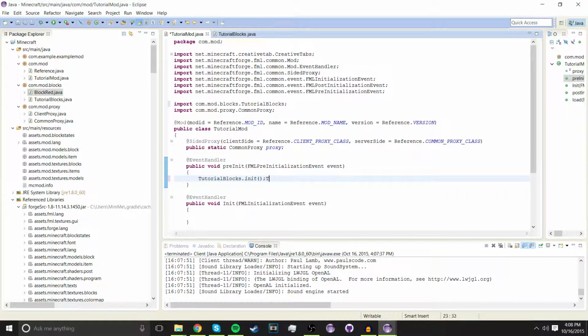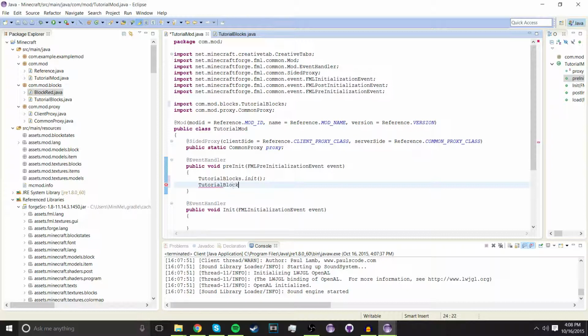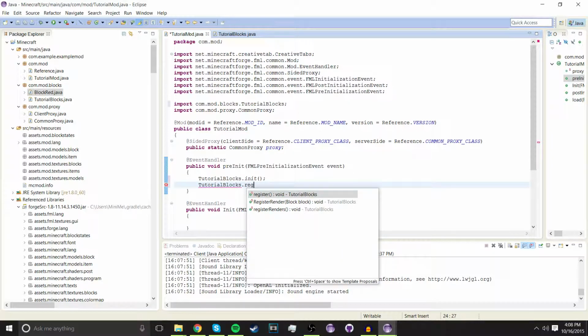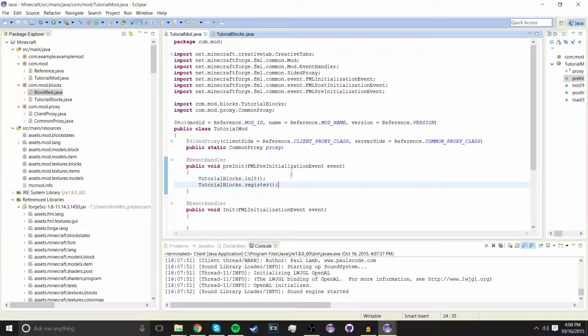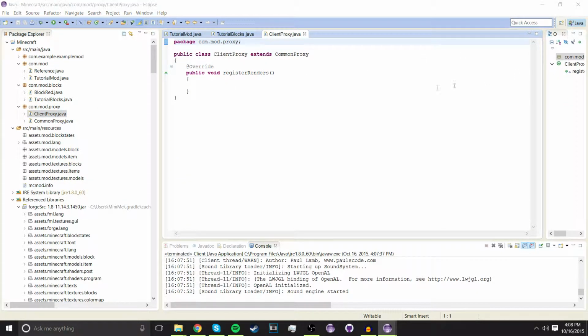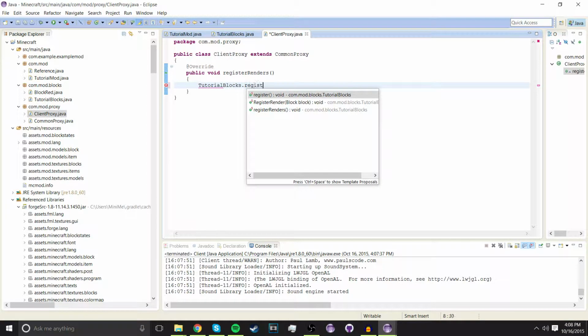and tutorial blocks dot register, and save that. And then we're going to go into client proxy, and we're going to add the same thing, tutorial blocks dot register